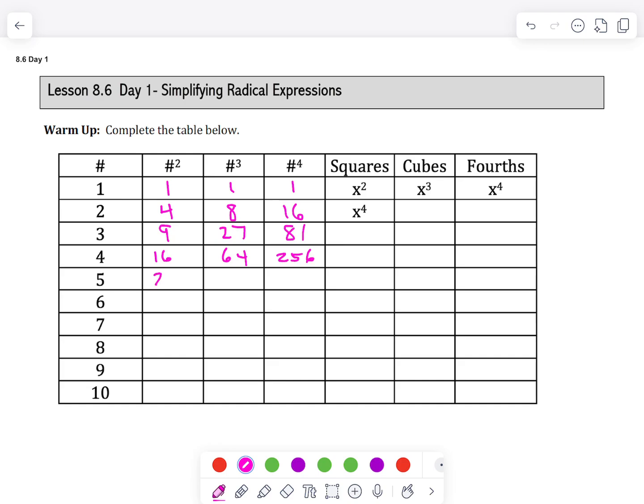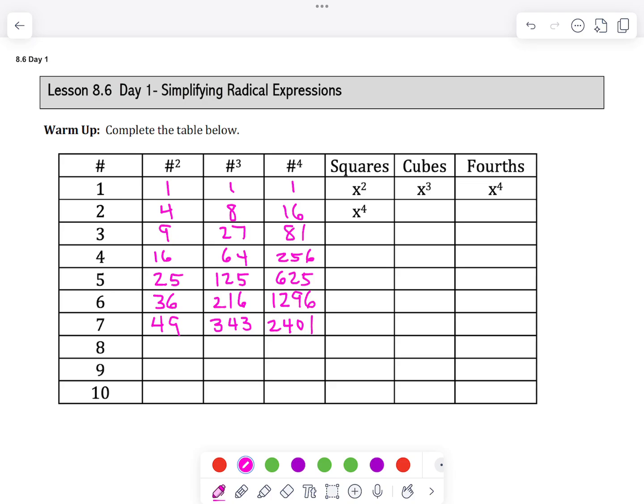5 squared is 25. 5 cubed is 125. 5 to the 4th is 625. 6 squared is 36. 6 cubed is 216. 6 to the 4th power is 1,296. 7 squared is 49. 7 cubed is 343. 7 to the 4th power is